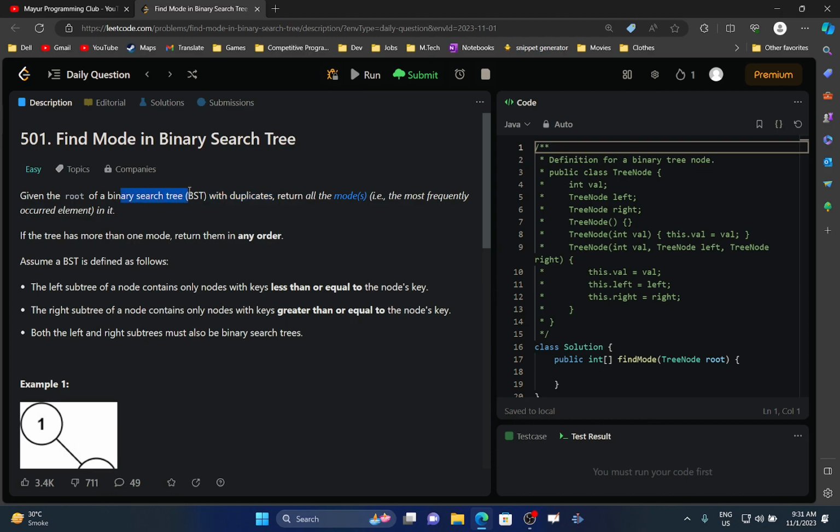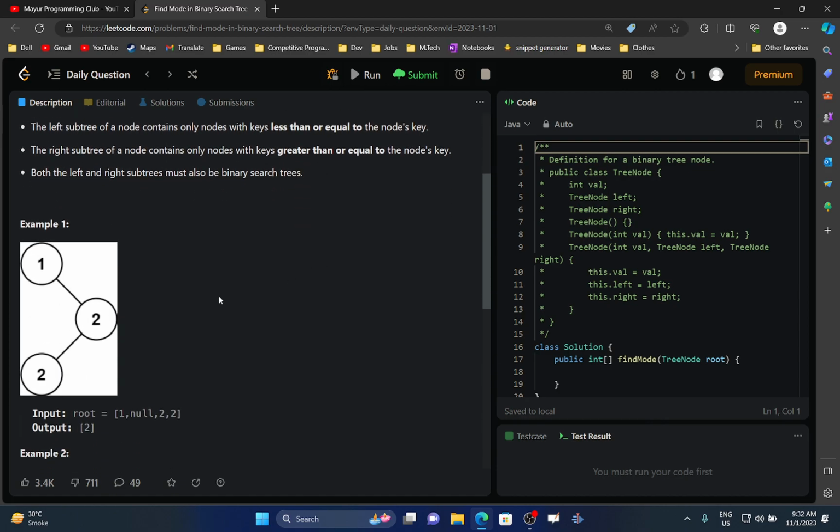binary search tree basically, return all the modes, most frequently occurring elements in it. Okay, if the tree has more than one mode, return them in any order. So let's say 2 is occurring twice and 3 is occurring also twice, then in that case you will be returning 2 and 3. What I mean to say is,